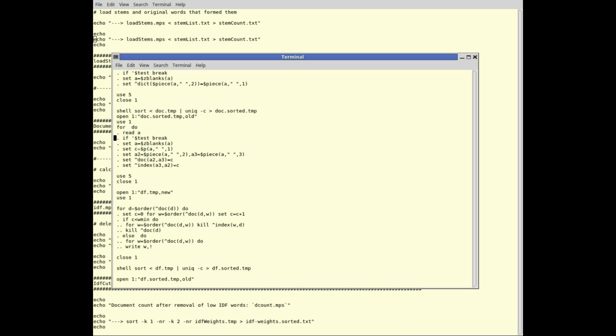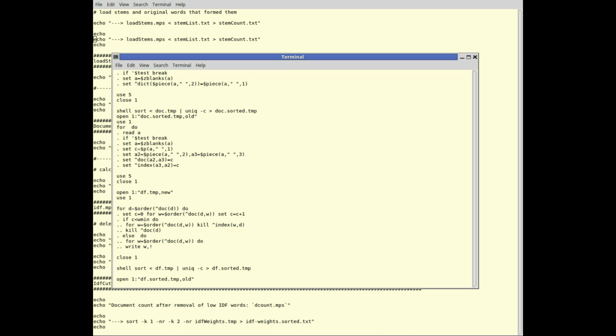If we run out of it, we quit. We remove the extraneous blanks. Unique adds a bunch of extraneous blanks to it. There's a lot of spacing blanks to make it look pretty, but they're kind of a nuisance. All right, then we will extract the first item off the line based on a blank, and that first item is the count. We extract the second item, which is the document number, and then the third item, which goes